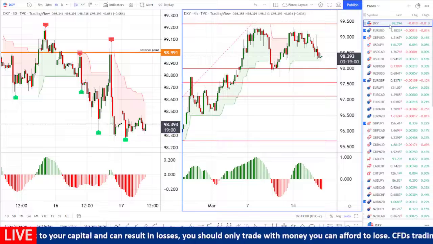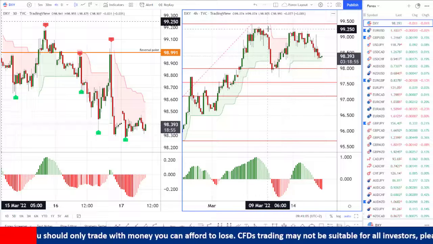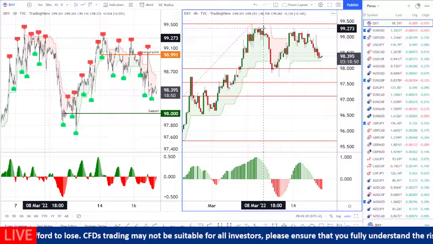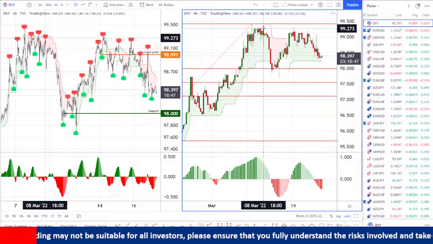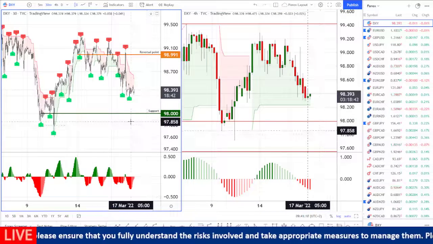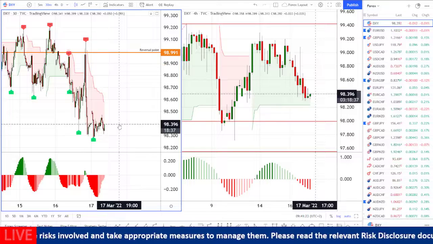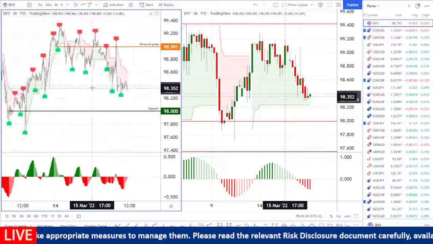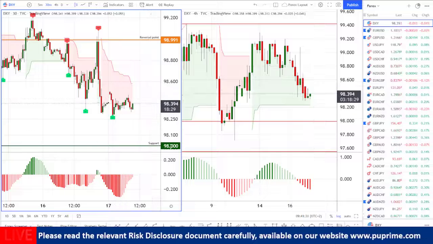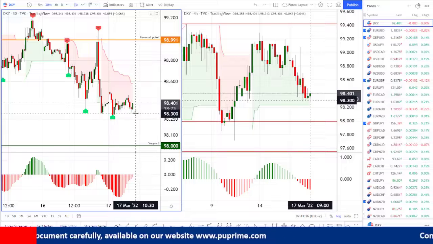We have been advising more than once in our recent daily market analysis videos that we have a cluster of resistance on the US dollar index around 99.30, and that's why we were bearish on the US dollar index. We expected a fall back to the support around 98 points. During yesterday's FOMC meeting and the press conference, we had this brilliant move to the downside, and we are still bearish. We still have our targets around the 98 points. So we do have an opportunity of a short today on the US dollar index.